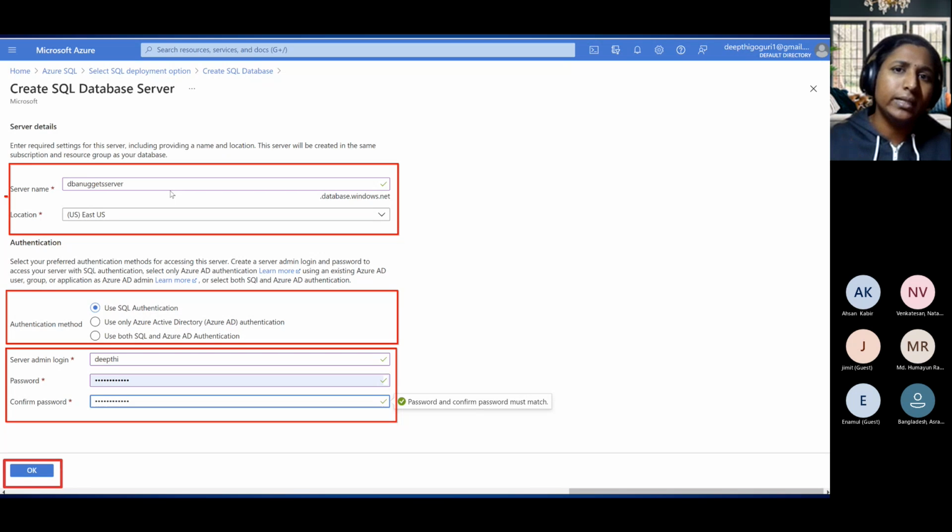Do you want to only use SQL authentication, or use Active Directory, or use both of them? Most of the time we use both of them, but I put it as default, use SQL authentication currently, and go ahead and provide the admin login ID and password, confirm the password,